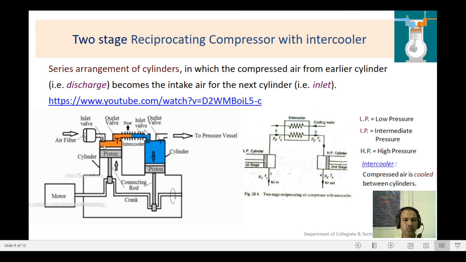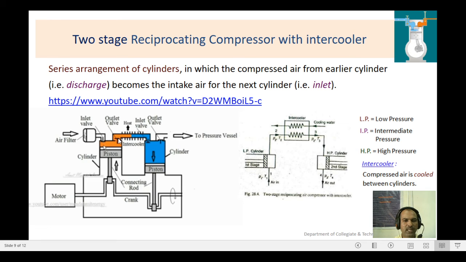Before this, the high temperature air is intercooled, that is, the air is cooled down. Here, in between the two cylinders, we have provided the intercooler. An intercooler is nothing but a sort of heat exchanger where heat is exchanged between the cylinder air and the outer atmosphere. You can see this structure. On the top surface we have provided fins. A number of fins are provided on the top duct, and the main function of the fins is to reduce the heat.